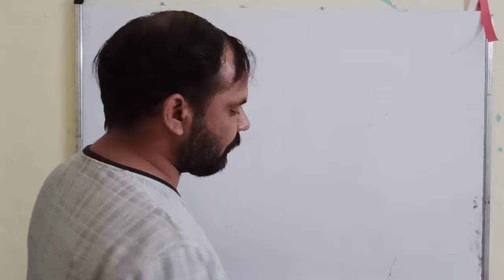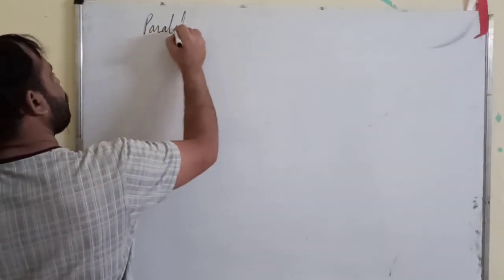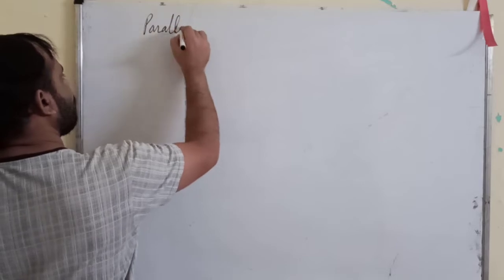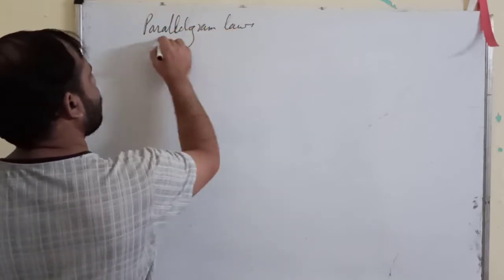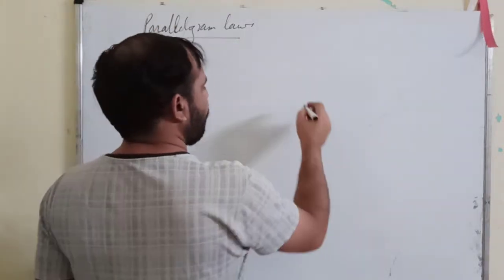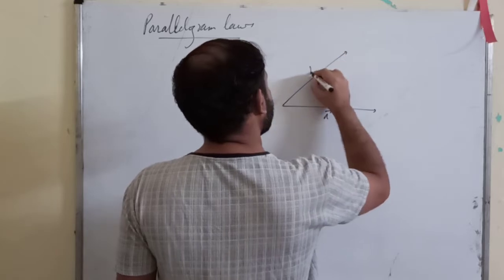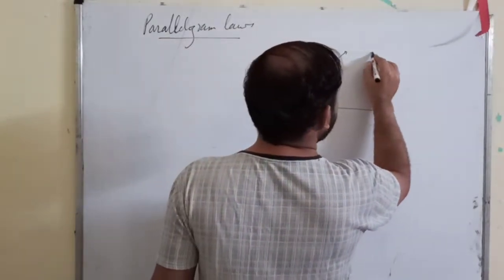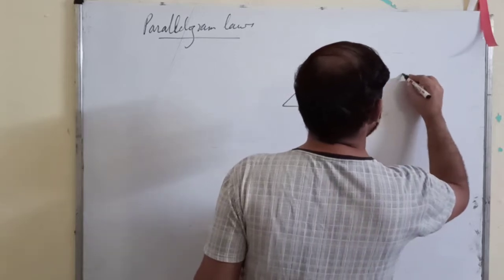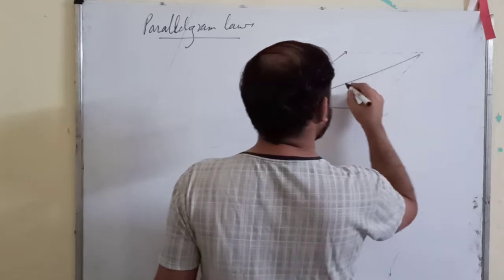Okay, next we come to the parallelogram law. Now we have this as A vector, this as B vector, okay, and what was the process? We will draw the parallelogram here, then this will represent